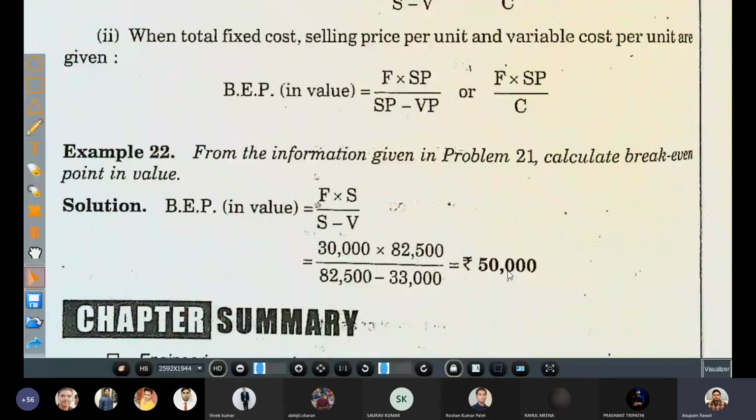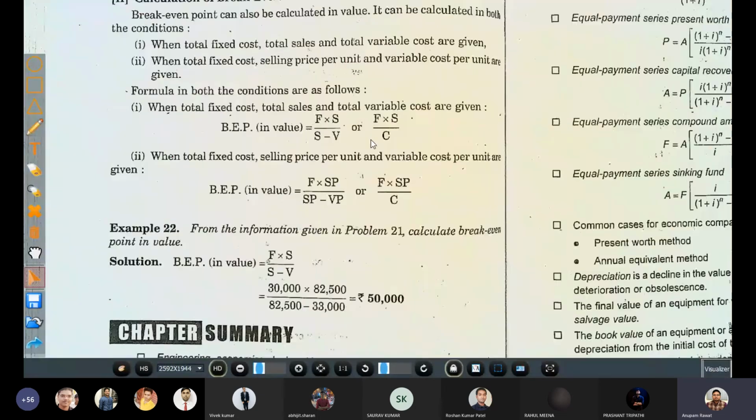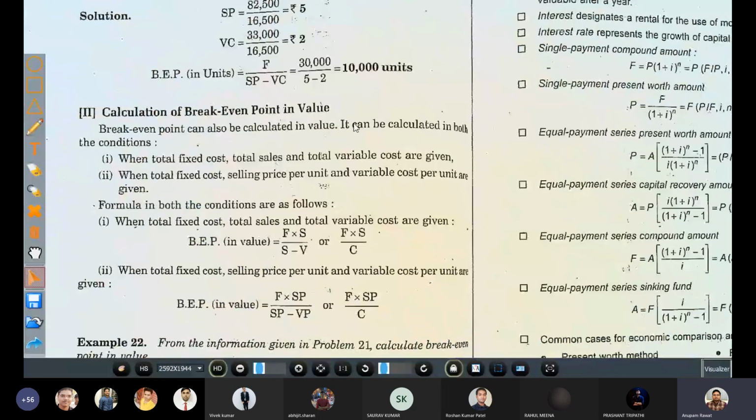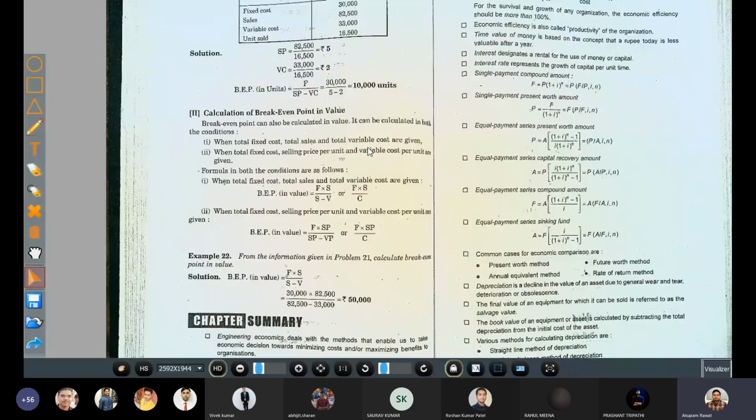That means the break-even point value is 50,000. That is the value of the revenue, because at the break-even point the revenue is the price multiplied by the number of products. So either we get this much revenue or this many units. Okay, so this is all for this lecture. We will again assemble